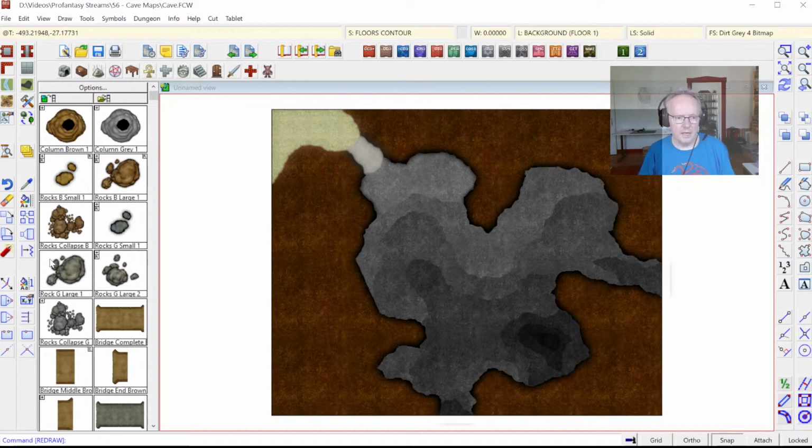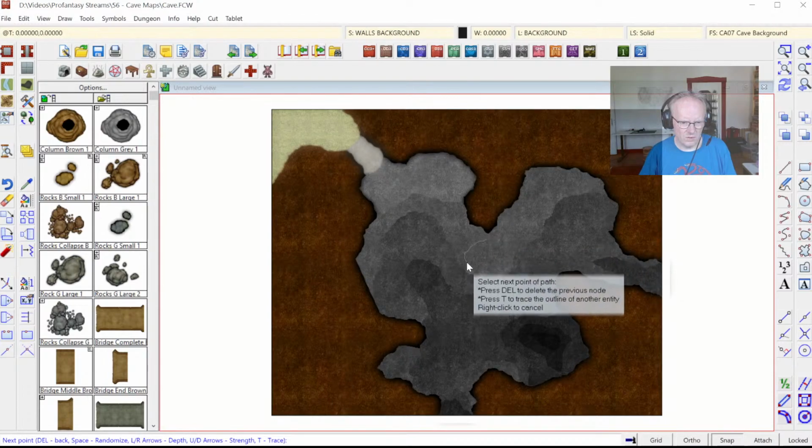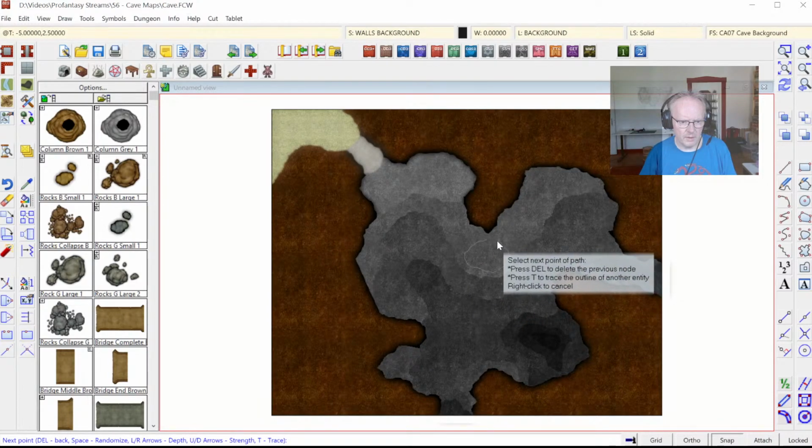So another thing that we often have is side tunnels, of course, and columns that stretch from the floor of the cave to the top. And the drawing style here, or the mapping style, does this by default by just drawing a wall section on a separate sheet. Let's show you. Clicking the all drawing tools, and here's the cave walls tool. You just choose that, draw a big column here, right click to finish,